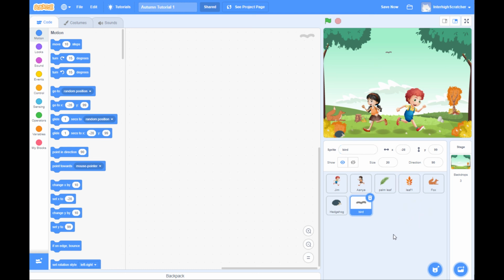So that's the first task that I want you to do today. And as I said, if you finish them tasks, you can add more sprites, you can paint more sprites, you can get all your sprites moving. And remember, you can slow them down, you can speed them up,